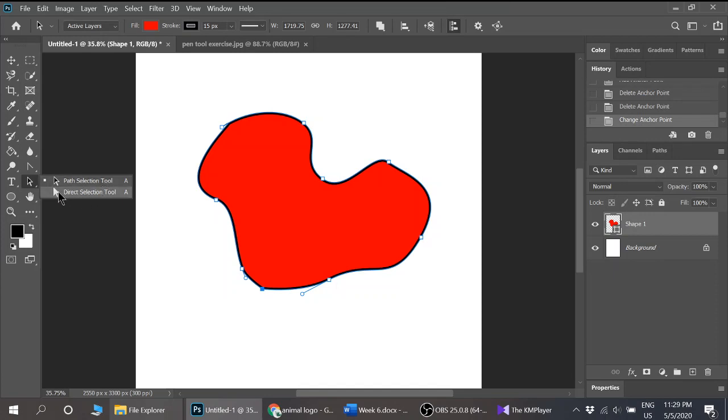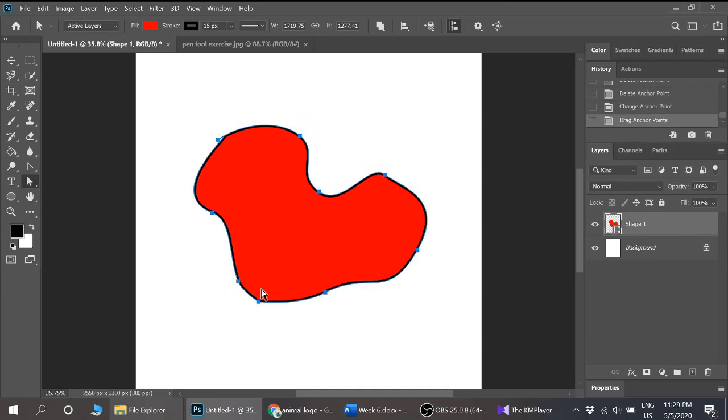This is a white arrow, and then I can click on one anchor point at a time to drag and edit it. As you can see, I just converted this point to a straight one, and then you can change these handles to make adjustments